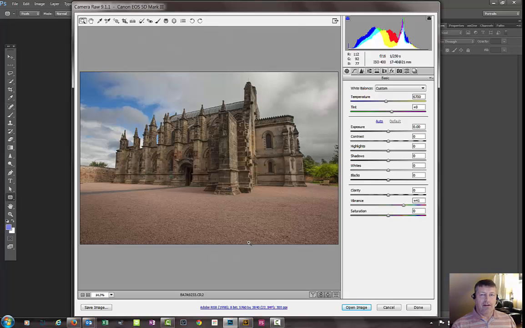Okay, so we've had a quick look at the Camera Raw module, and you can see we managed to raise the shadows. We bumped up the saturation in some parts and not others, and we've mucked about with the vibrance. Another part I would like to do before we go into Photoshop, if we go back to the HSL tab,